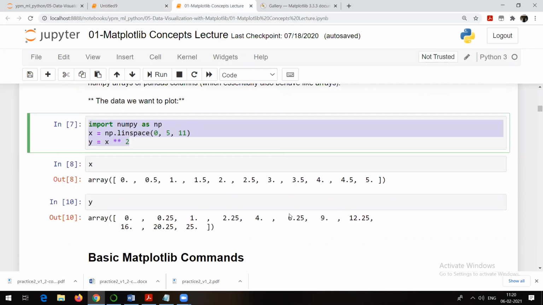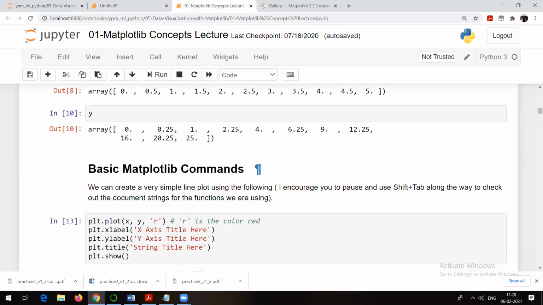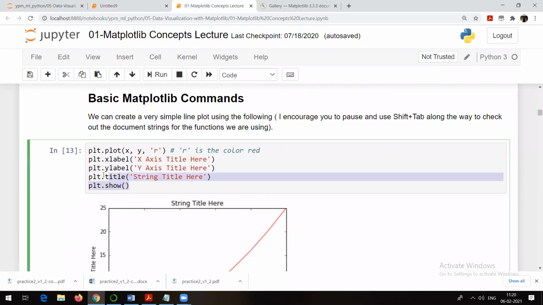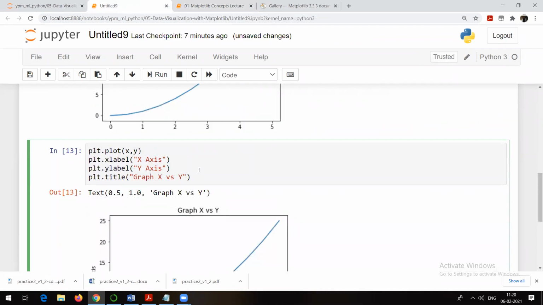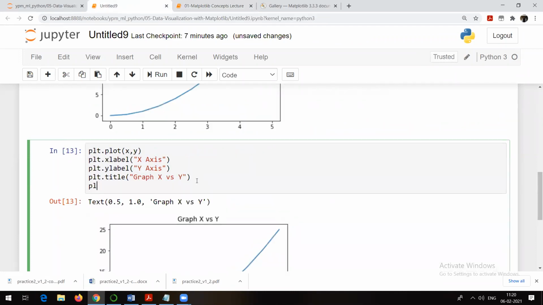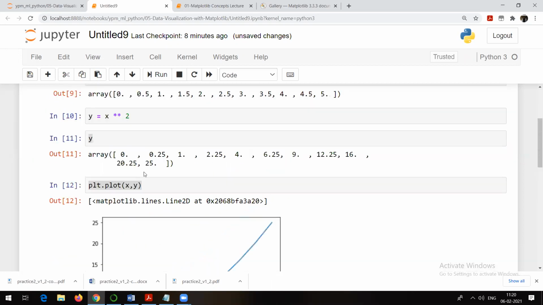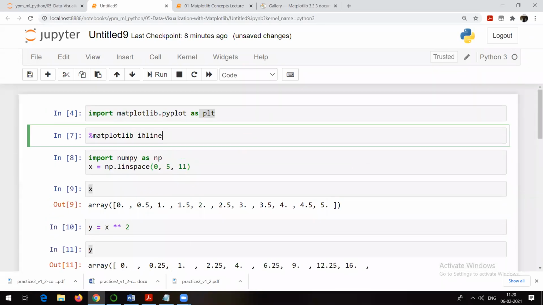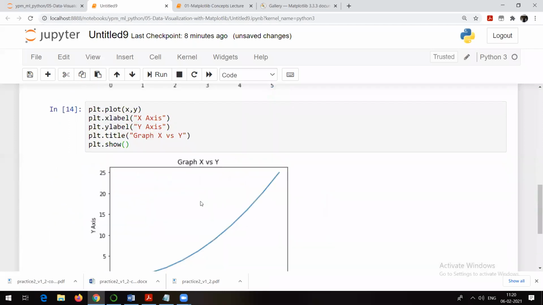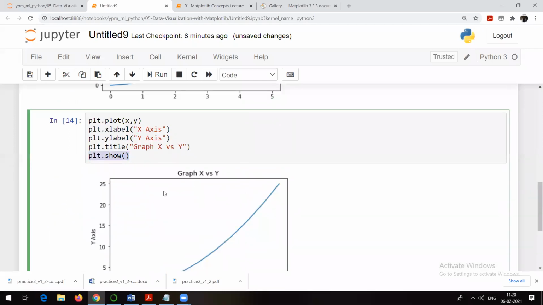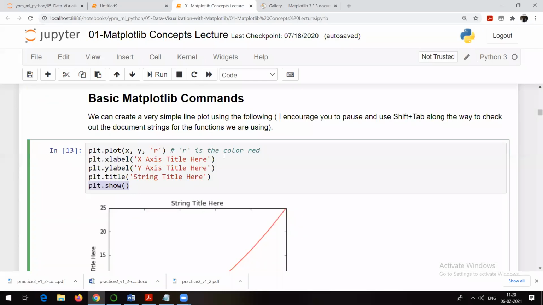Okay. Let's move forward. Let's try to talk about basic matplotlib commands. This one we have seen. plt.show, actually I am not making use of it, but still, if I make use of it, no problem. Maybe you will need plt.show if you are using some IDEs. Here I use the magic function, which I have shown you, that magic line. So that's why I'm not making use of plt.show. But still, you can make use of it. It's just going to show you the graph or that chart.